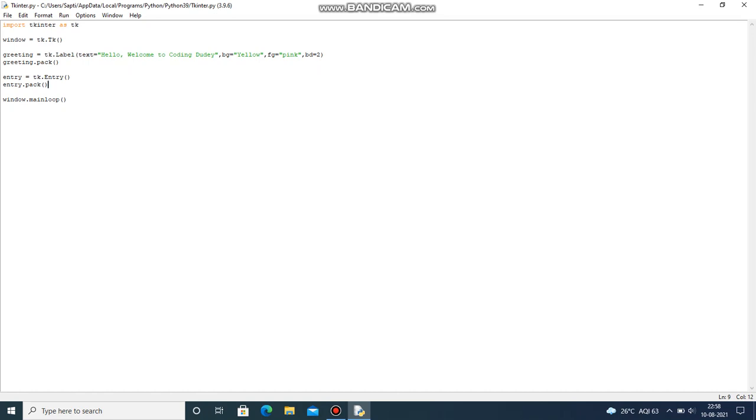Let's create w equal to tk.Button, and let's give a command which is equal to window.destroy, which means it will be closing the window.